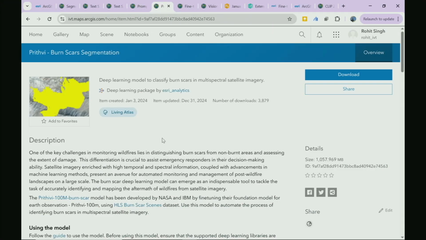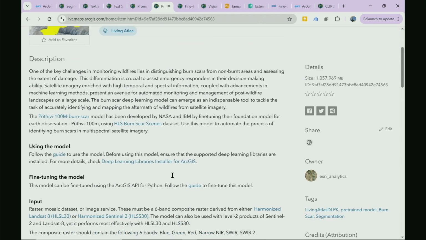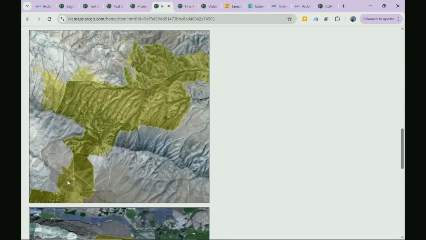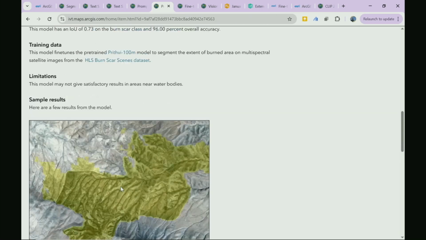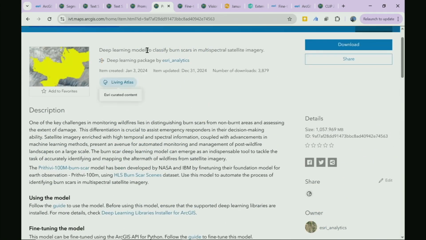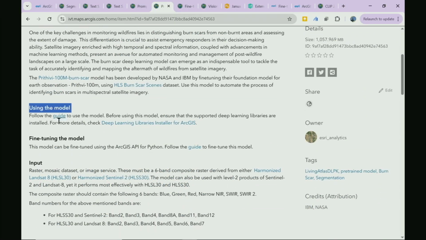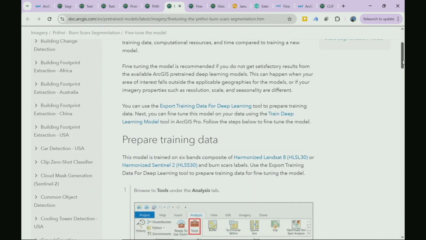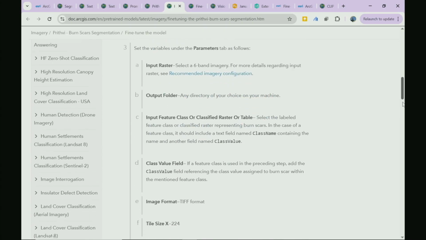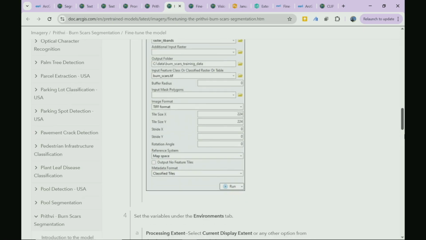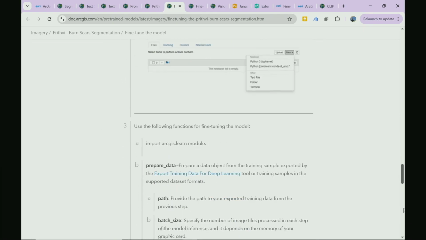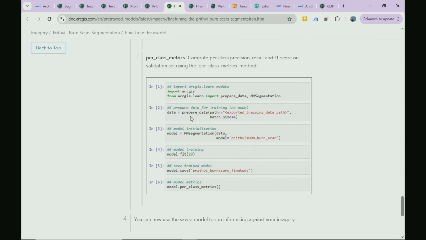So here's the Prithvi burn scar segmentation model on Living Atlas. Here you can see it being applied to detect the burn scars. Now on each model item page, it shows how you can use the model and also how you can fine-tune the model. So by following this link to the guide, it tells about how you prepare the training data for your task-specific needs. And then using a low-code approach, using the ArcGIS Learn API, you can take your exported data